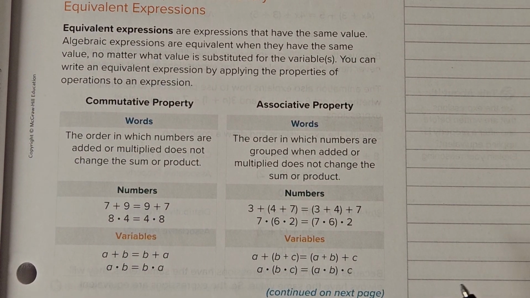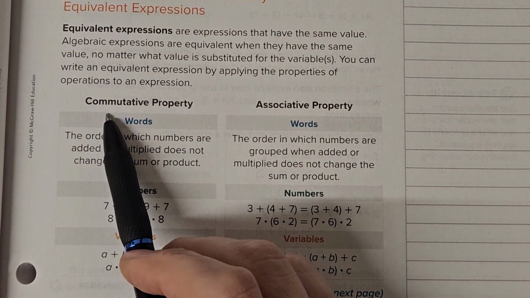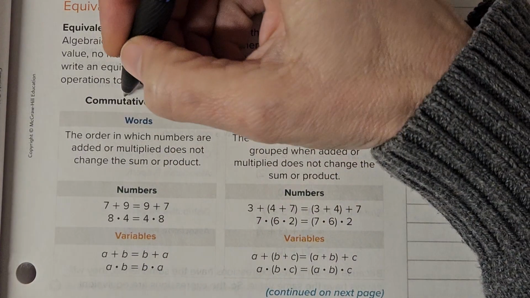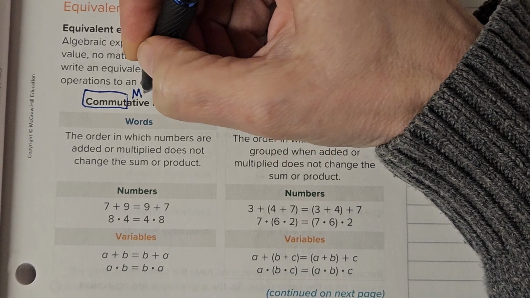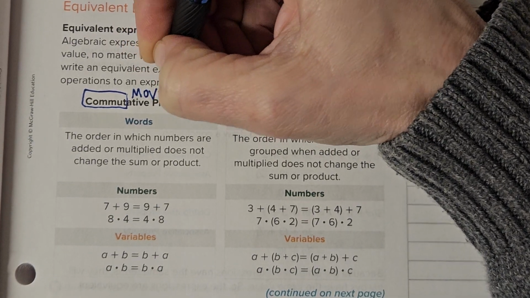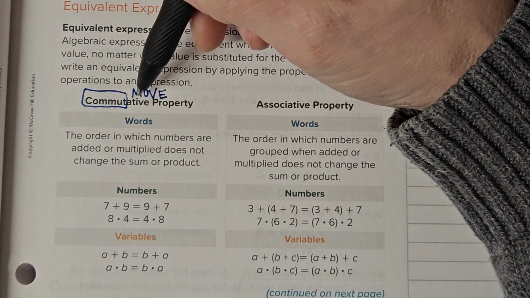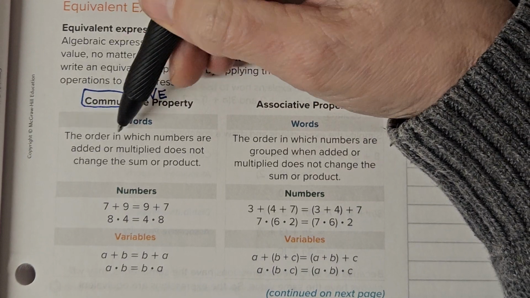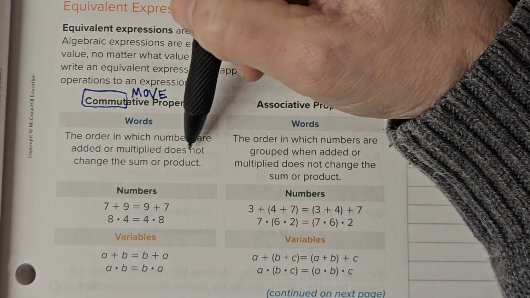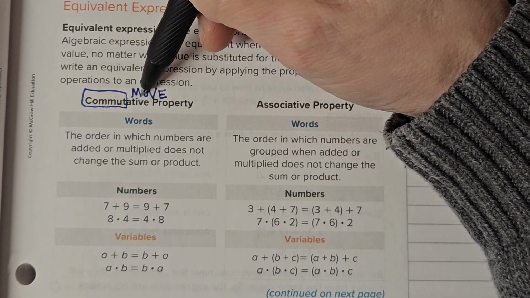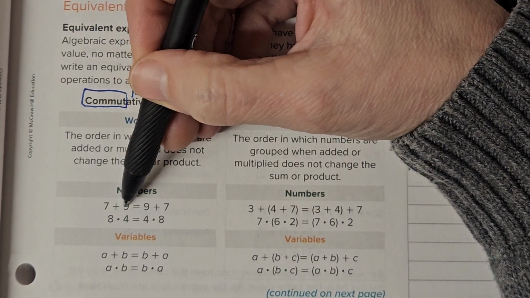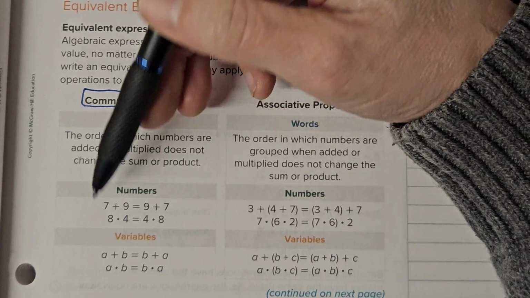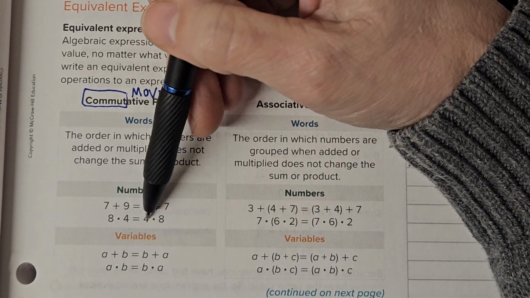A lot of words today, gang, a lot of words. So we've got the commutative property, which has almost the whole word commute, which means to move. And so the commutative property means the order in which numbers are added or multiplied does not change the sum or product. It means you can move the numbers around and it's going to be okay. 7 plus 9 is the same as 9 plus 7, or 8 times 4 is the same as 4 times